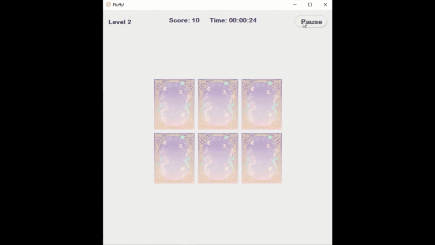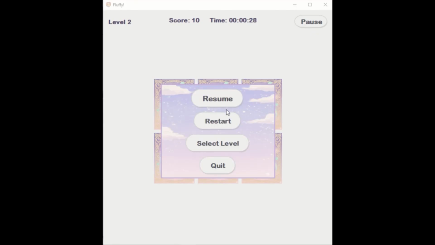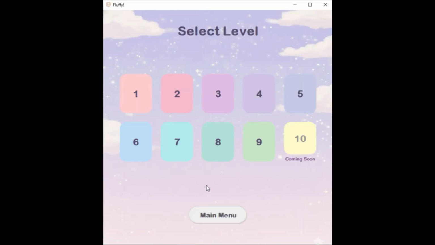From the pause menu, I'll open the select level. As you can see, the colors of each level are pastel palettes. You'll notice that level 10 is grayed out and labeled coming soon. This button is disabled using setEnabled(false), which means dili pa siya playable. To return to the main menu, I'll just click this button here,